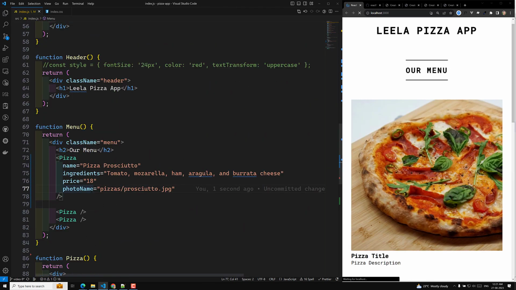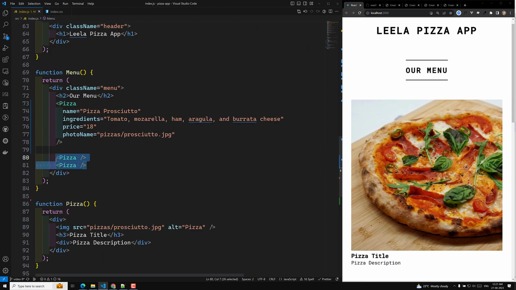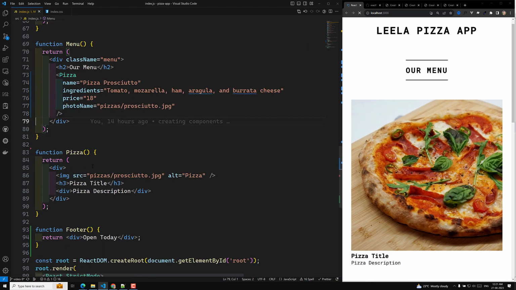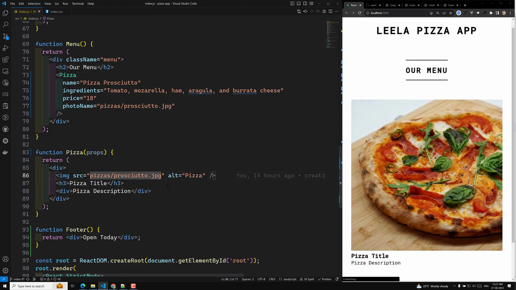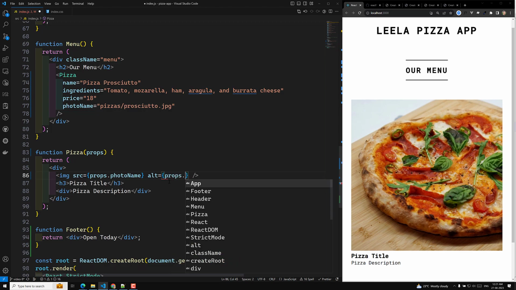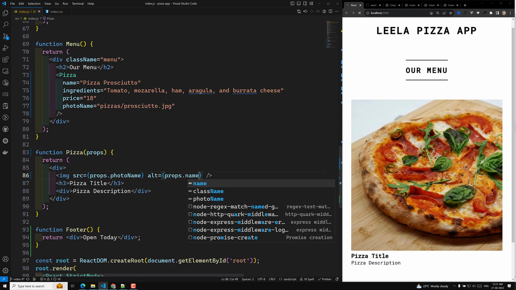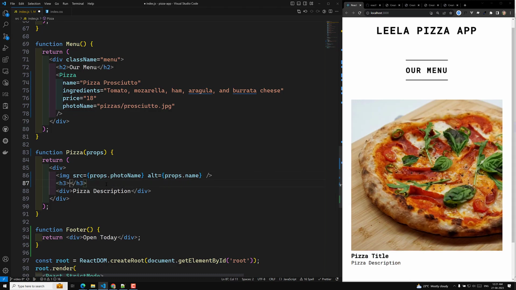So now these are the props we are trying to send, right? So these props we need to capture here. So here we can capture it using the props. And if you want to mention this one, here I can mention something like source is equal to props dot photo name, and here the alt should be props dot name. I will use the name, and here also it should be props dot name,